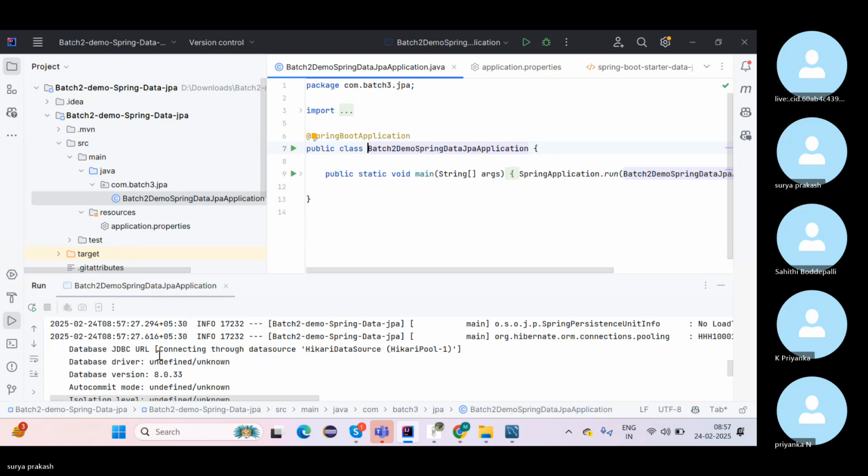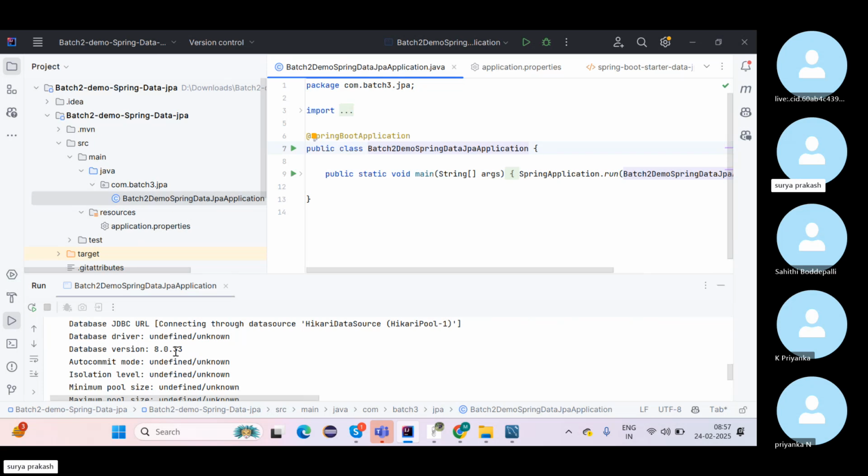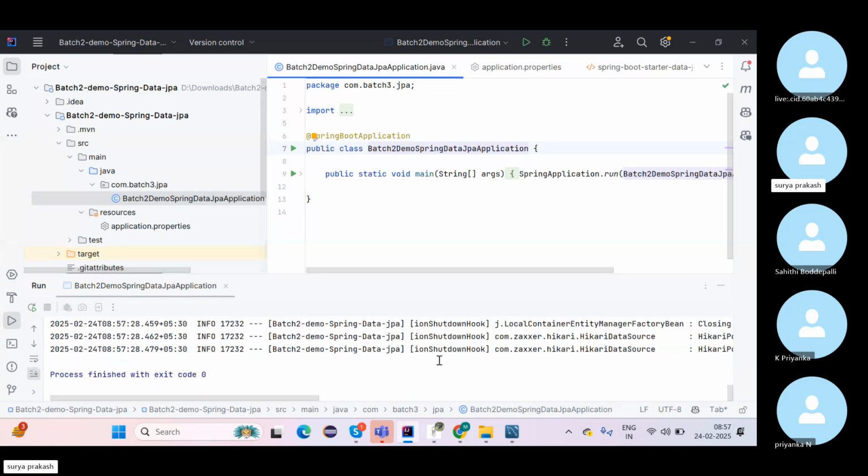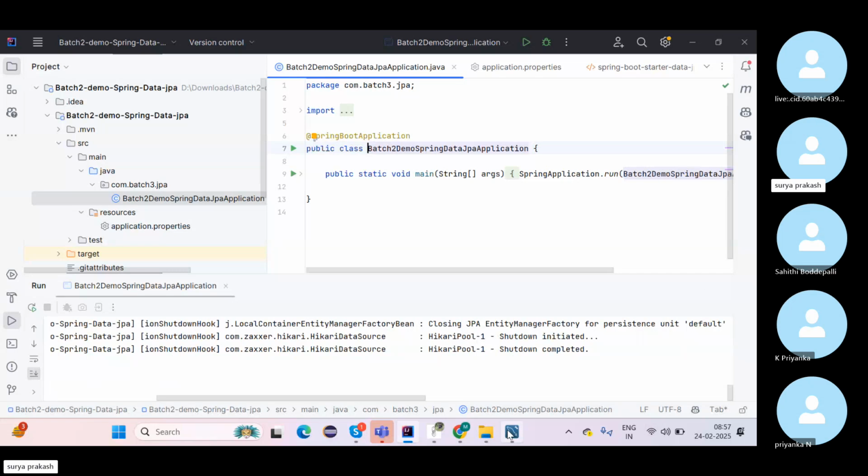See, JDBC driver, database version 8.0.3, isolation level. These are some basic data. That means we successfully connected to the database. Next one is